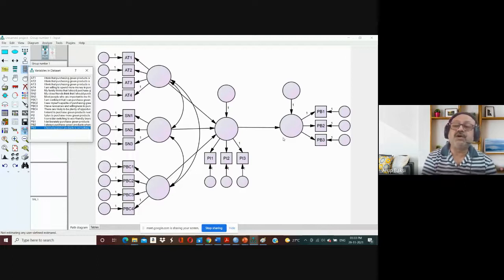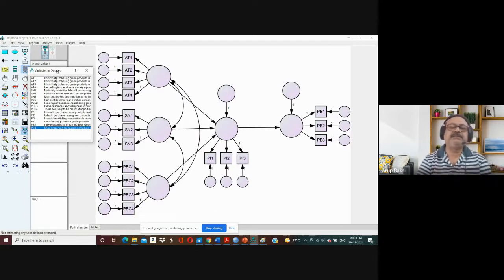Unfortunately, we did not have a good factor loading for PB1 and PB3. PB2 was fine, but PB1 and PB3 were less than 0.7, which was not acceptable. Anyway, we are using this as a demo to understand the technical issues associated with the structural model. So now that we have finished labeling all the